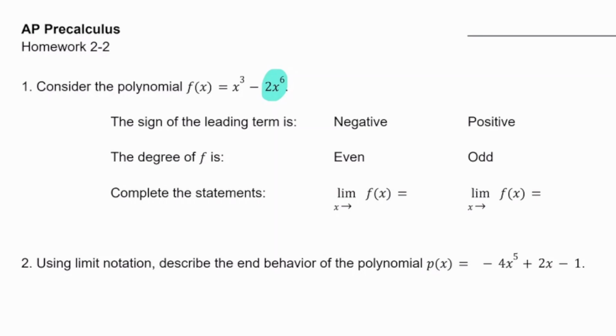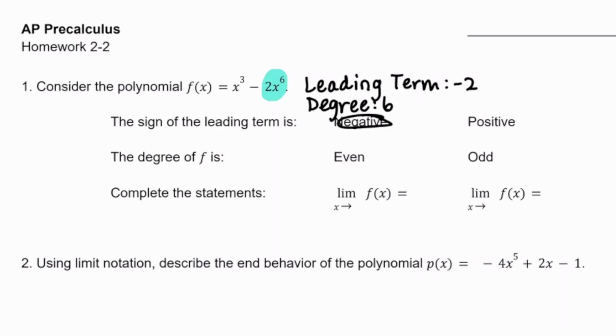So we're going to say, all right, the sign of the leading term, well, I'm going to be more specific. I'm going to say the leading term is negative 2. And then the degree is 6. So when they ask, well, the sign of the term is negative and the degree is even. Okay? Then we'll complete the statements because it's a negative degree